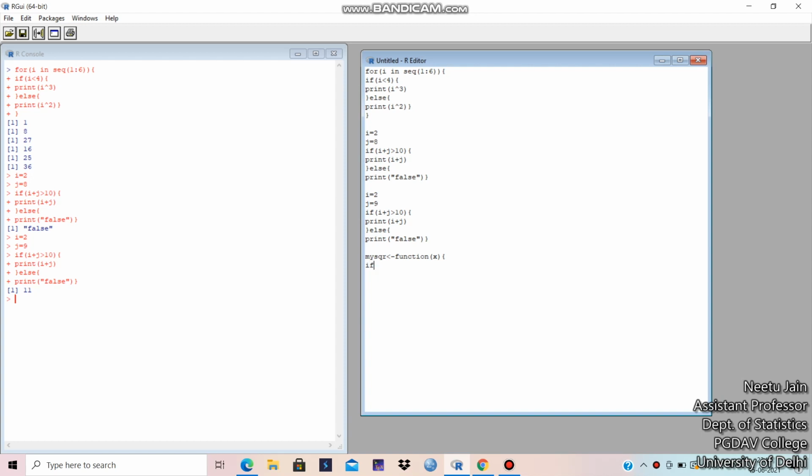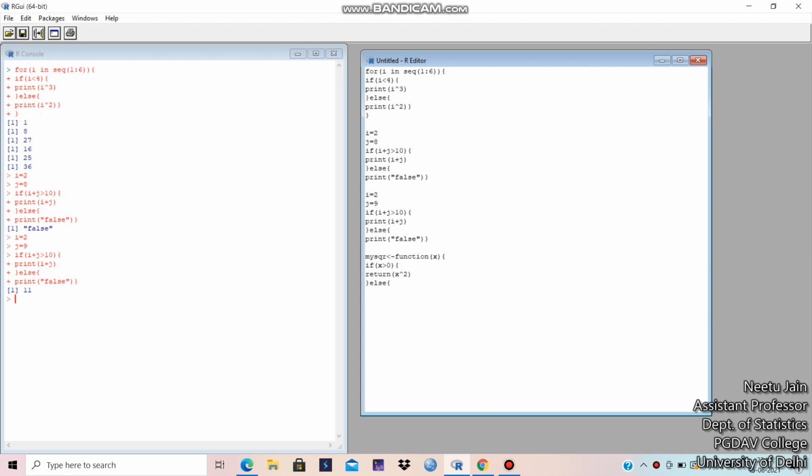If x greater than 0, okay, then return x square. All right, then body is finished and start else.